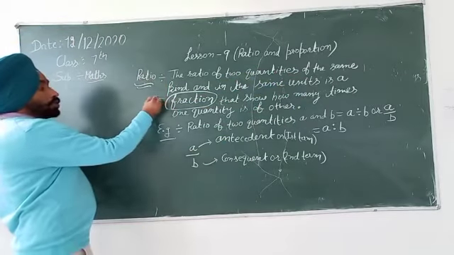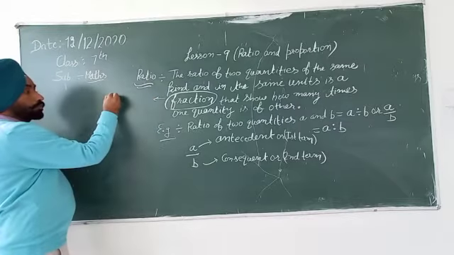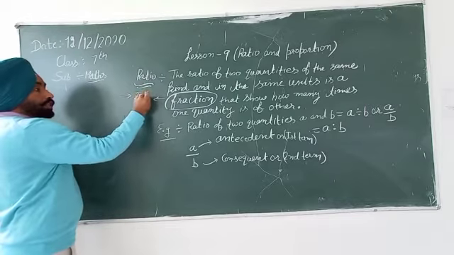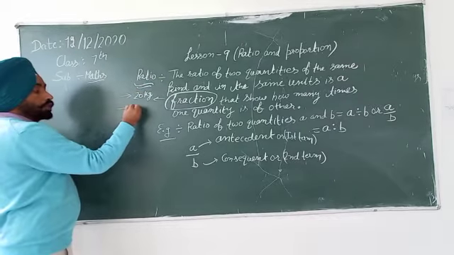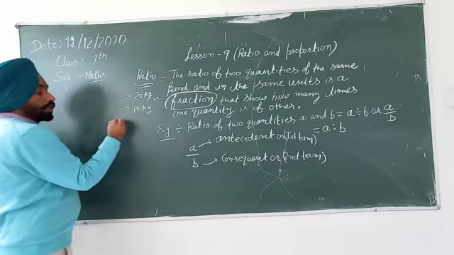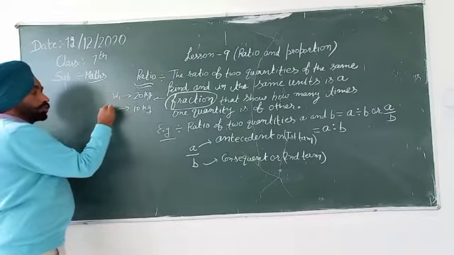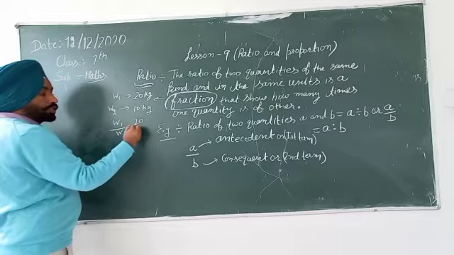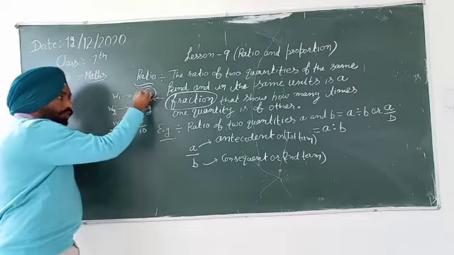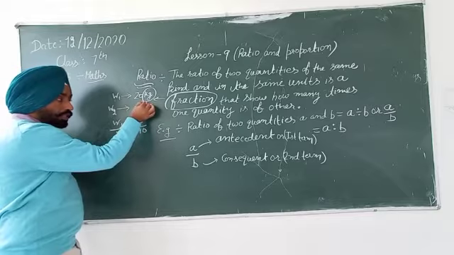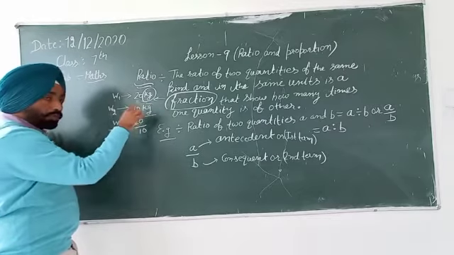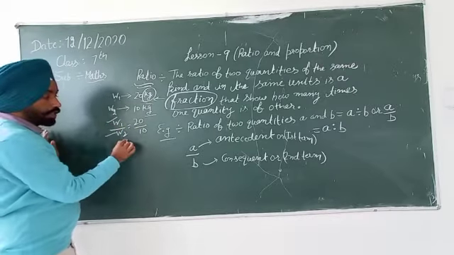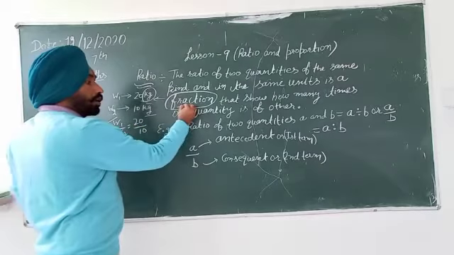Like I am talking about the ratio of the weight of Ram. Suppose it is weight 20 kg, and weight of Sham it is 10 kg. Then Ram to Sham, their weight ratio W1 ratio W2, it is 20 upon 10. They should be in the same unit. If this is in kilogram, it should also be in kg. It should not be in the gram. So ratio of two same quantities in same unit is a fraction.